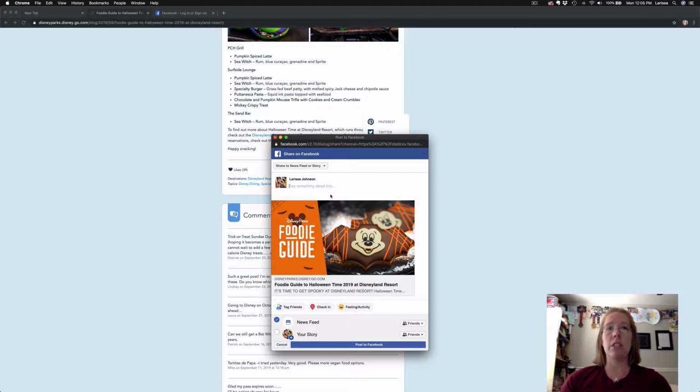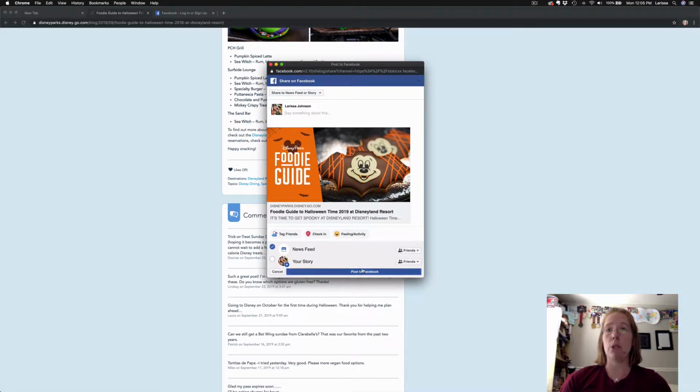And so now there's the article. It's this box right here. It normally auto-populates a really cool picture. It gives you the subject line of what you want to share. Now, you can just go ahead and share it just like this. You can go down to the bottom and you can say post to my Facebook. Now, in the event that